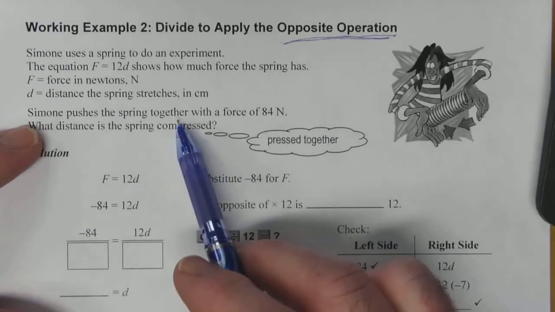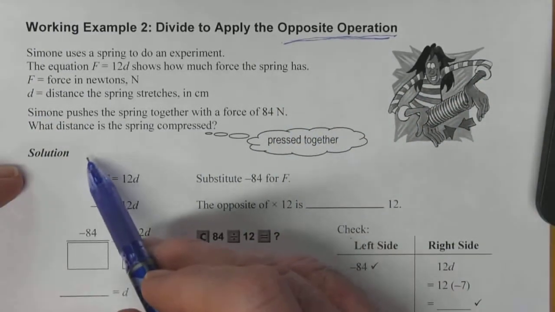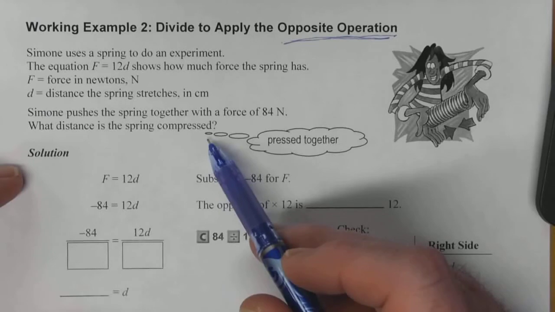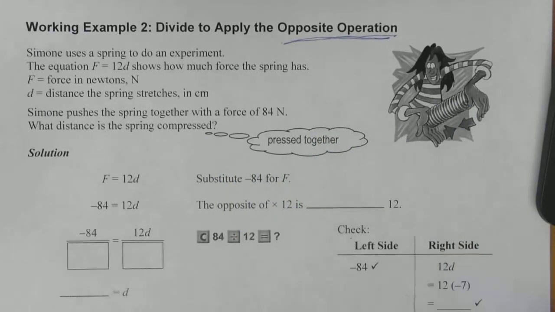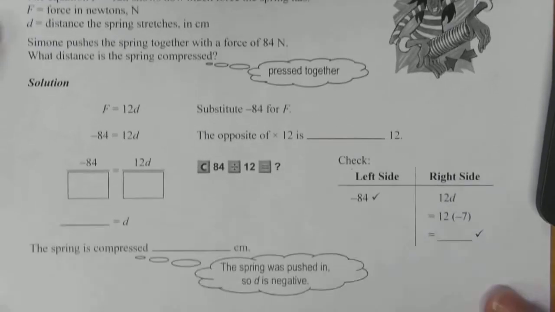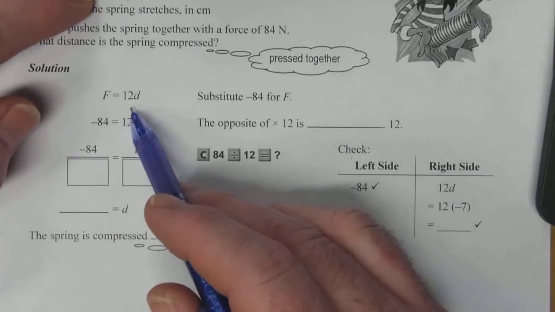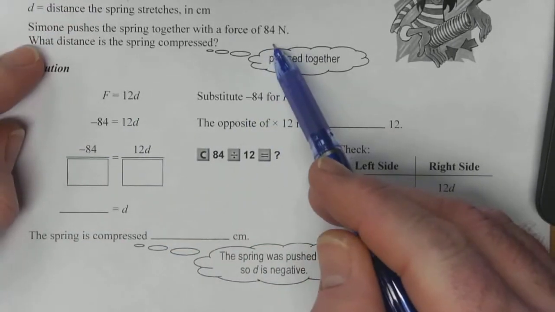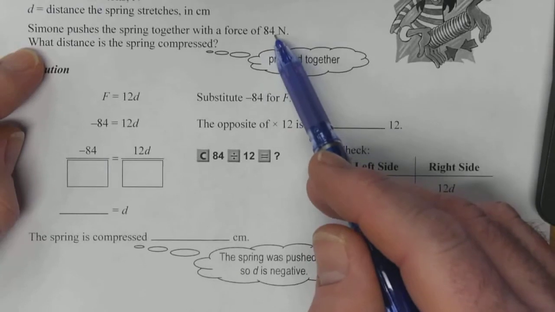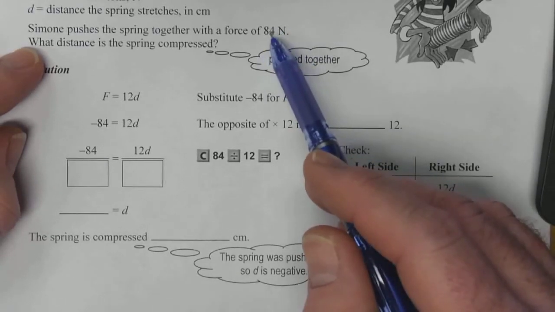Simone pushes the spring together with a force of 84 newtons. What distance is the spring compressed? Compressed means pressed together, or in this case squished together. So let's have a look at the math on this. F equals 12 times D. That's the equation we've been given. We are told that the force Simone uses is 84 newtons. So we can use that value for F,